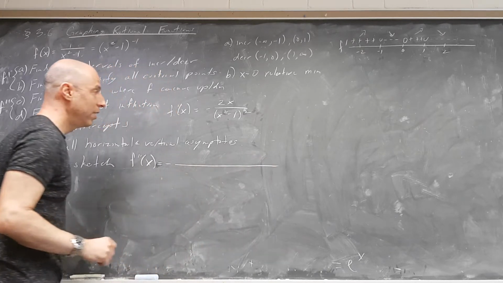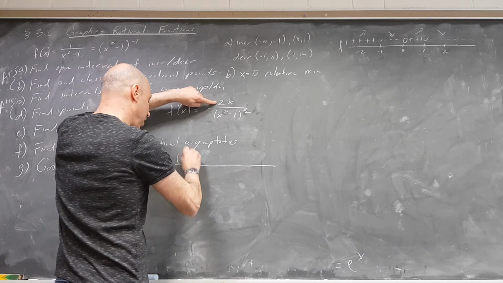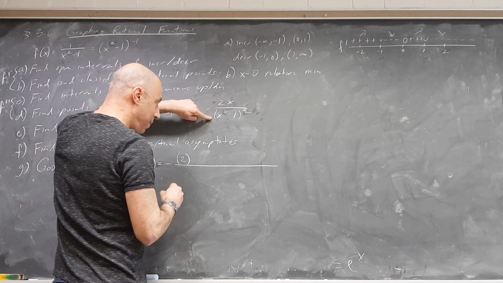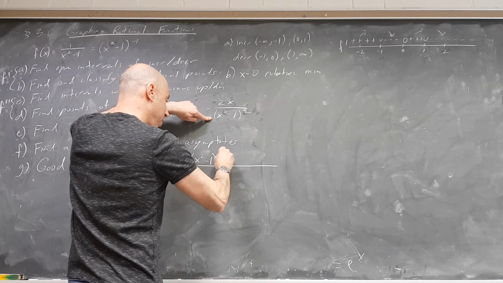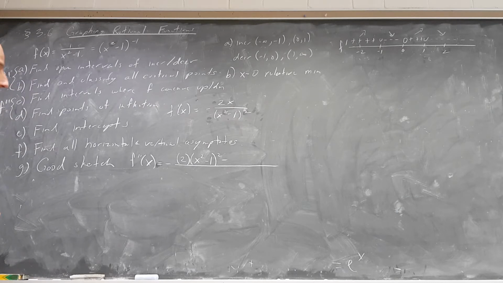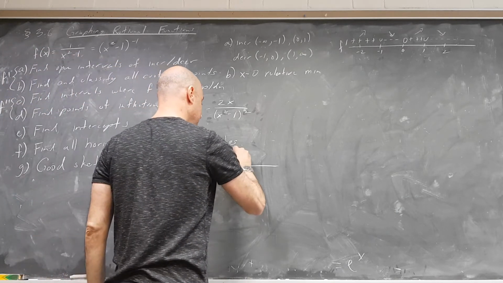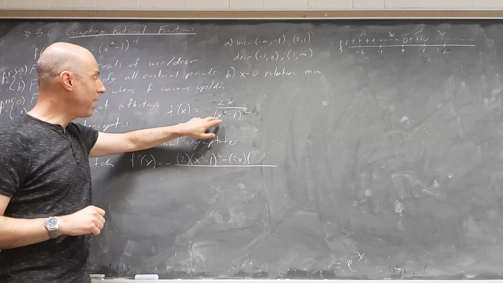Long fraction. Derivative of the top, that's easy. Derivative of 2x is just 2. Write the bottom exactly as it is: x squared minus 1 squared. Minus the top exactly as it is, that's 2x, times the derivative of the bottom, derivative of x squared minus